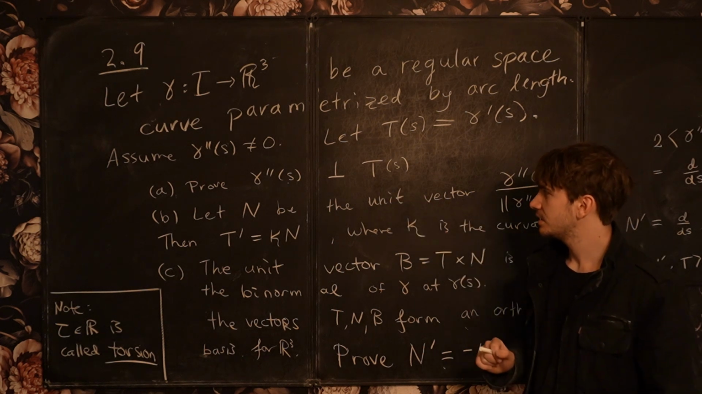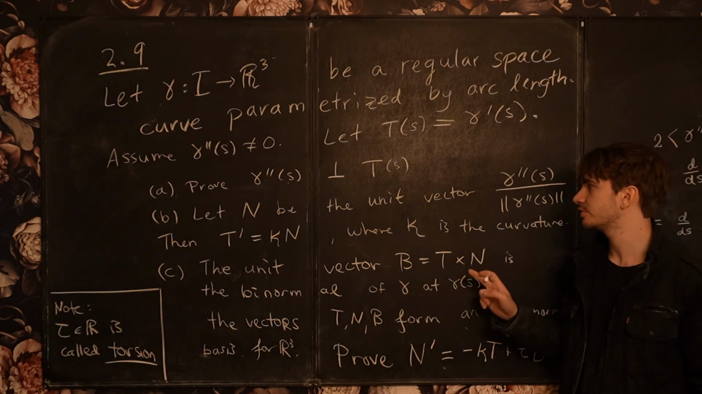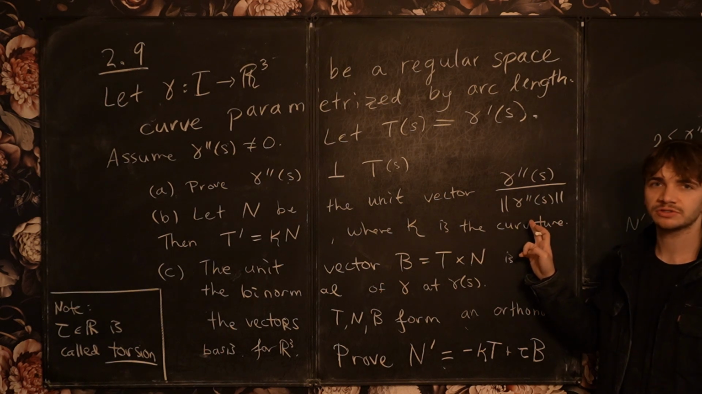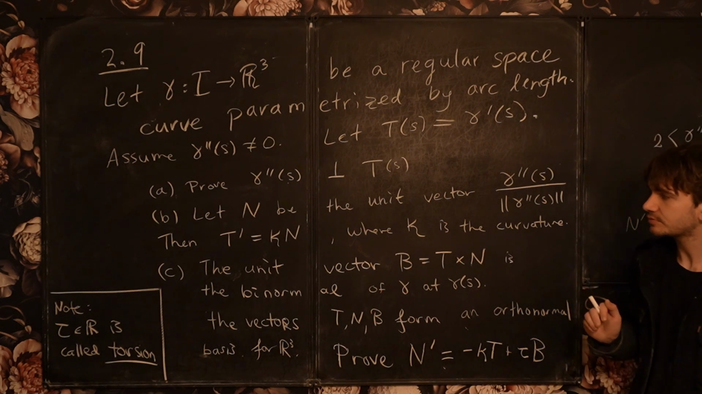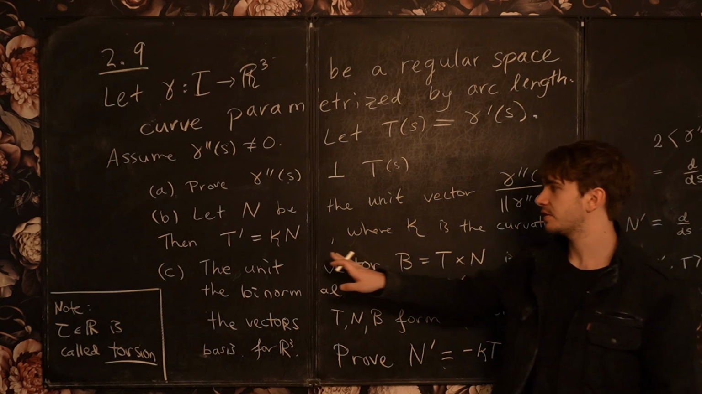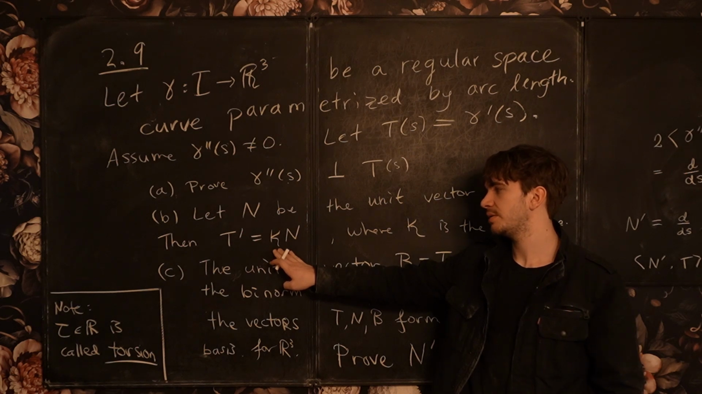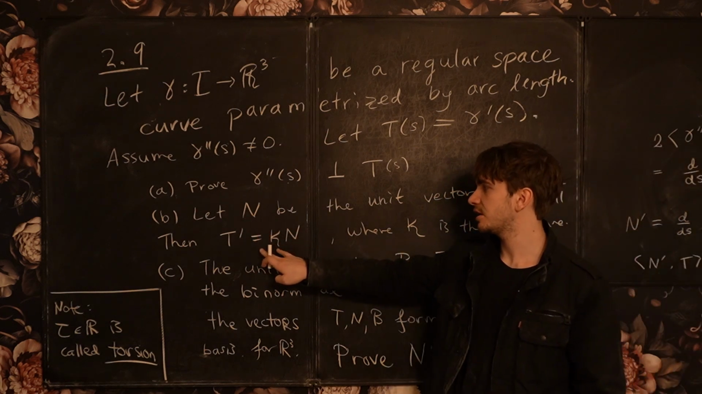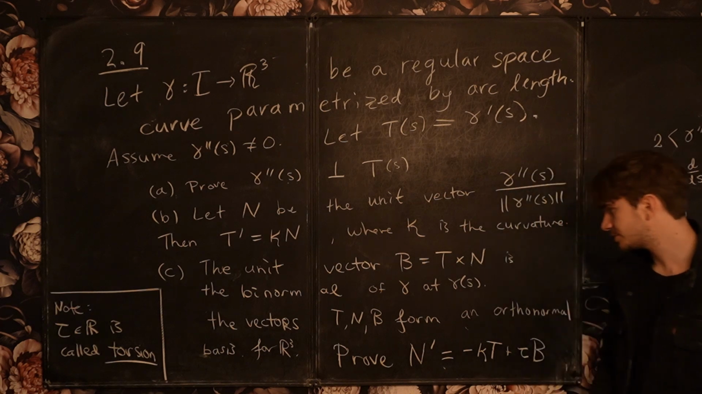That's part A. Next, we're going to define n to be the normal vector to the curve, and it's the unit vector gamma double prime of s divided by its norm. So it's basically the unit vector in the direction of the acceleration of gamma. Then we're defining the curvature to be the length of the acceleration, okay, so the magnitude of the acceleration. So n is a unit vector, and then the length of t prime is going to be kappa, the curvature of our curve. And then part C asks us,